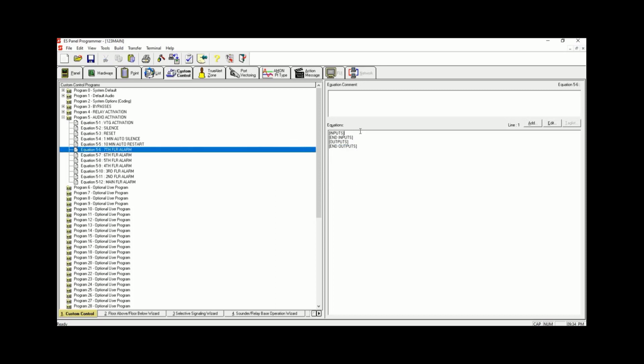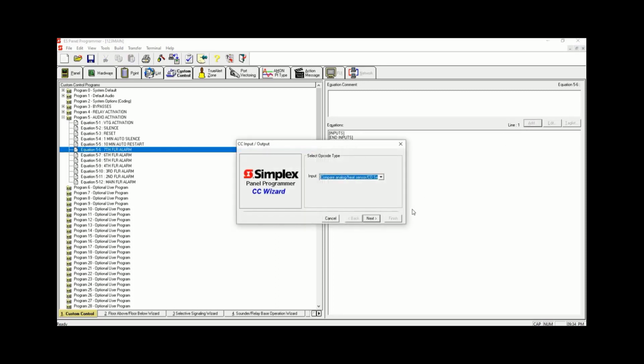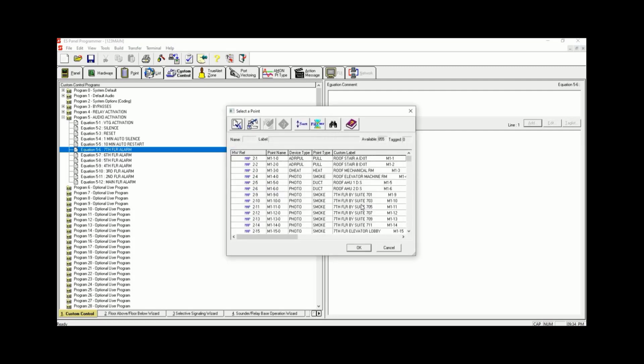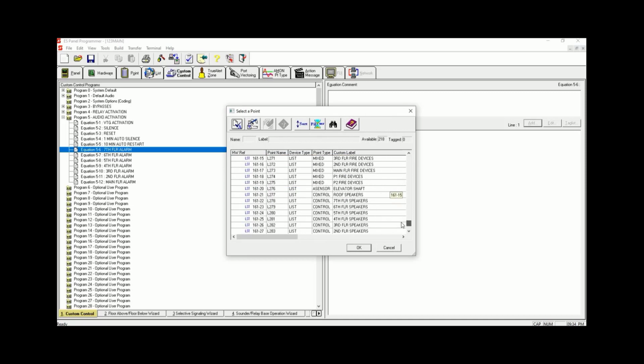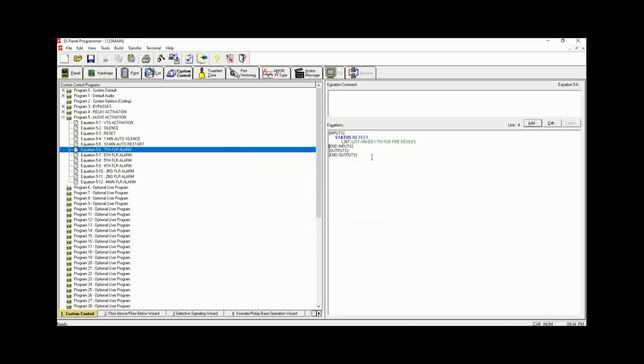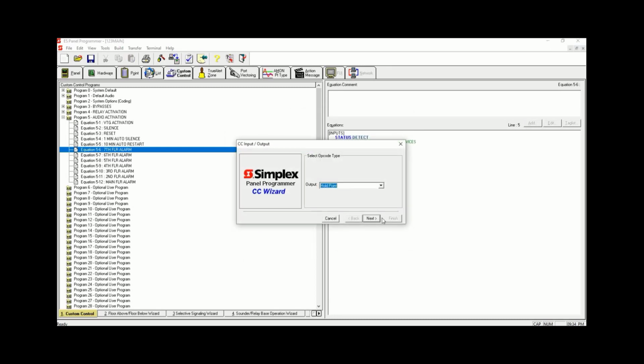Now we're gonna go into the 7th floor. We're gonna click add. We're gonna click the point status. We're gonna change it into detect. We're gonna choose tag list. Now we're gonna go into filter point list. We're gonna go to the 7th floor devices. Perfect. Upon activation of 7th floor devices, the output gonna be basically